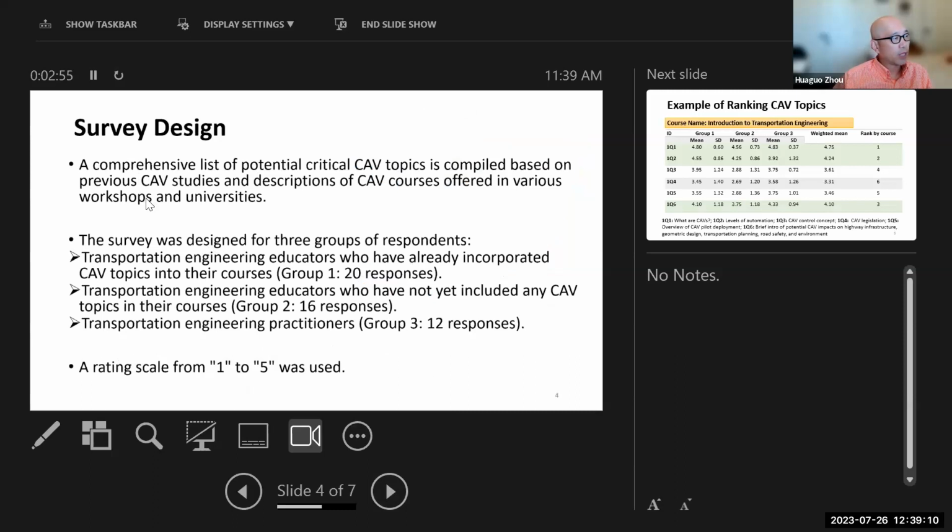First, we identified a list of potential topics to put in the survey. Those potential topics are based on a literature review. This was compiled based on previous CAV studies or existing CAV courses already offered by different universities and workshops. So the survey was designed for 3 groups. If the answer is that the transportation engineering educator has already incorporated CAV into their course,